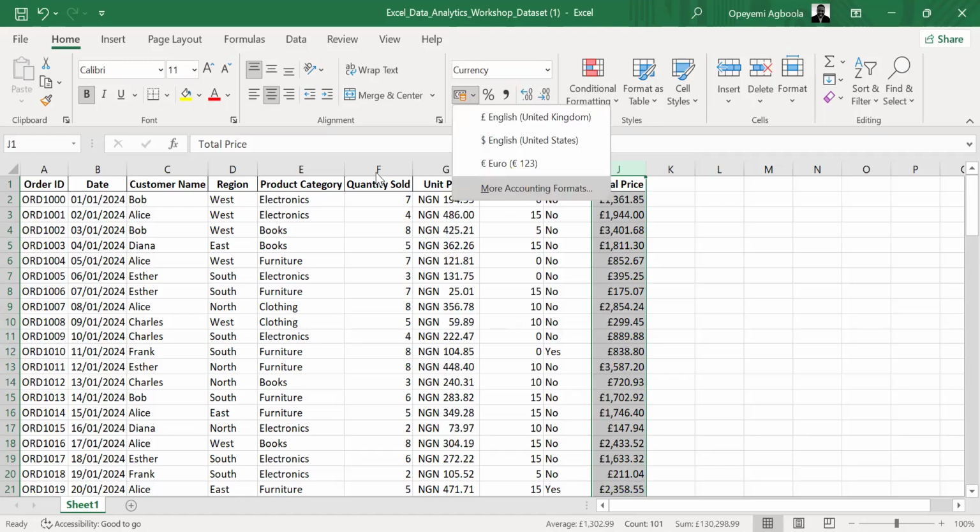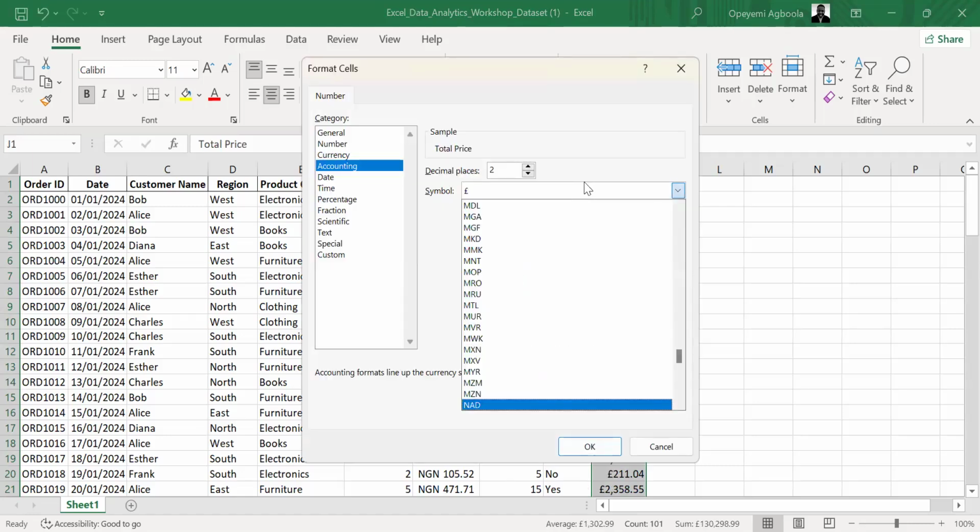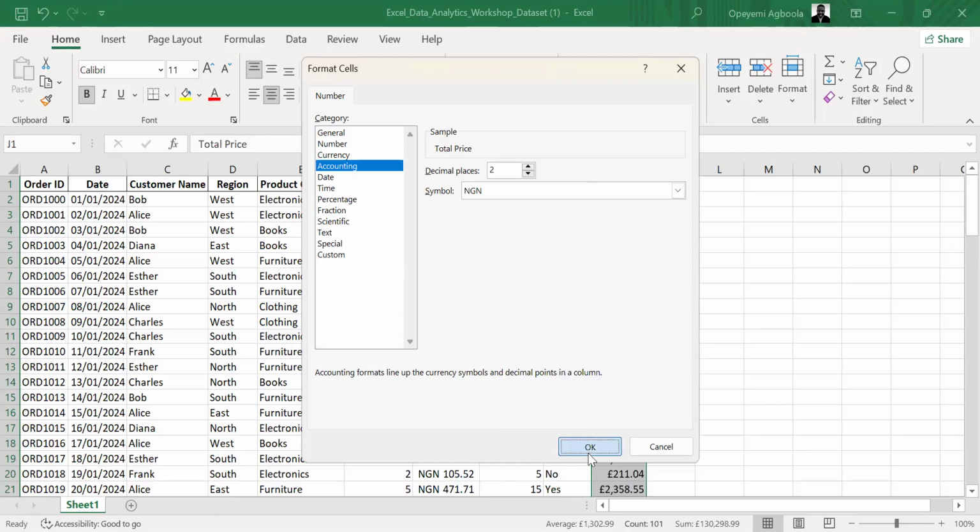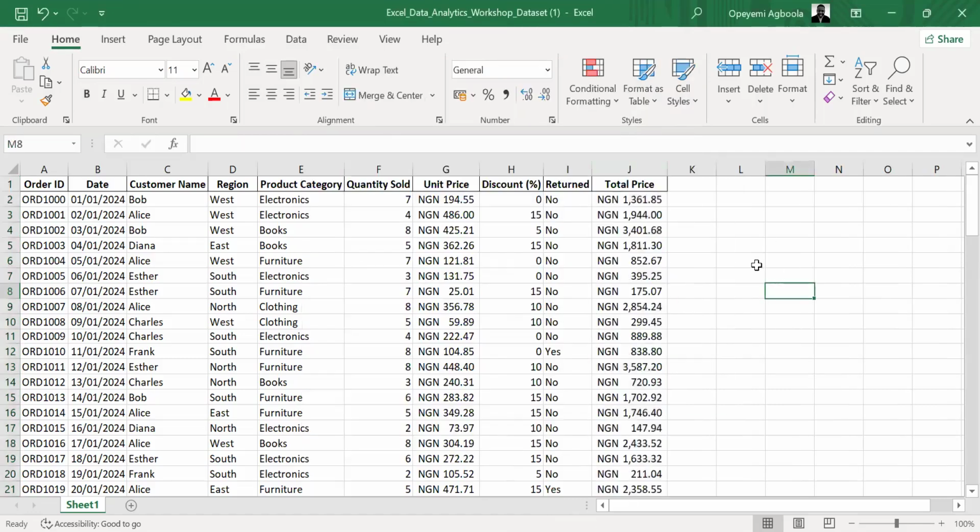We come here and then we change this to Naira. Okay, and then it transforms that. Then we can proceed to some other analysis. Note that this is retail store data, and we have things like order ID, date, customer name, region,